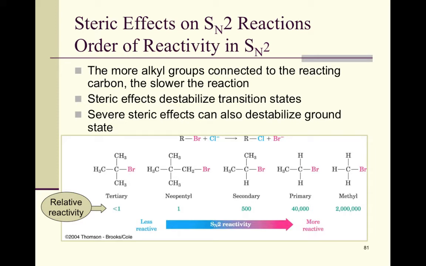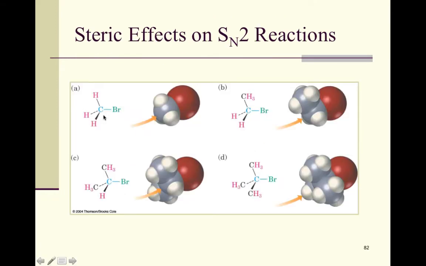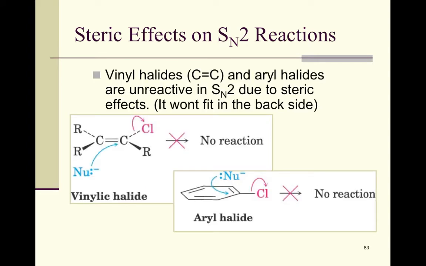On the next slide, we'll have a graphic that represents the steric effect pretty nicely. So this is a methyl group. There's really nothing in the way, just hydrogens for the 180-degree attack. The more R groups we get, this one is a primary, this one is secondary, and this one's tertiary. See how these 3 methyl groups basically get in the way? It's a steric effect where we can't actually have the backside attack happen as easily as when it's more exposed in this example. Again, steric effects are huge with SN2 reactions, so that's actually going to keep some reactants from